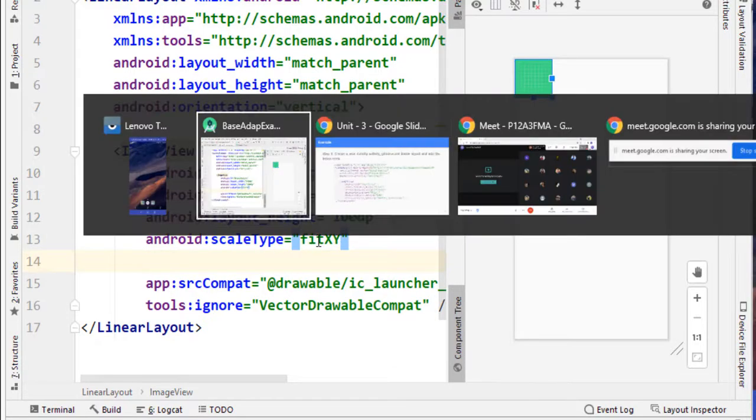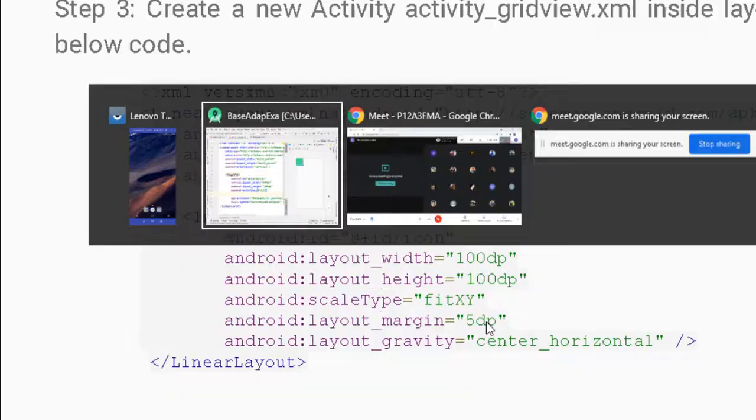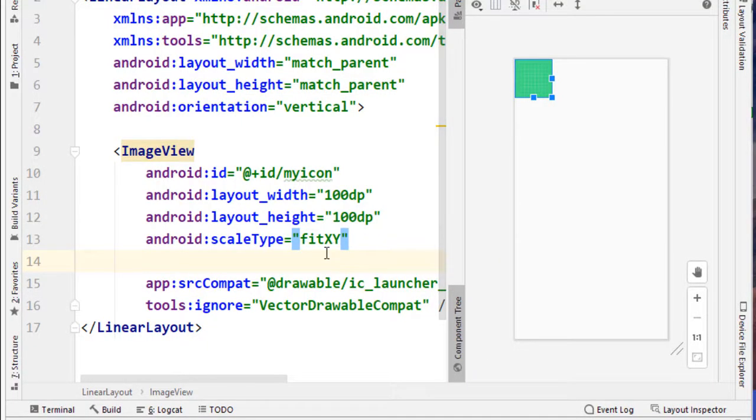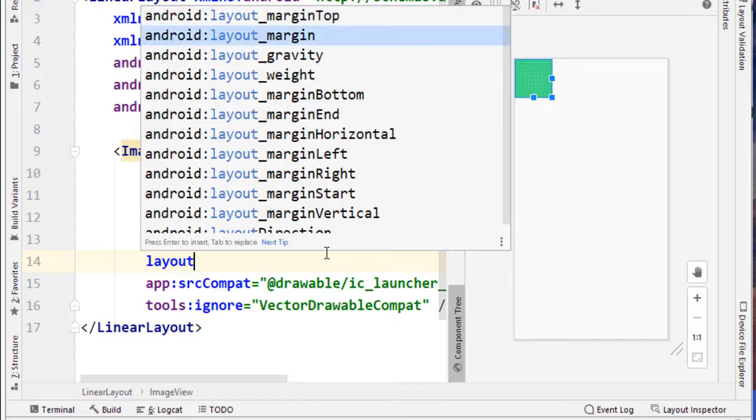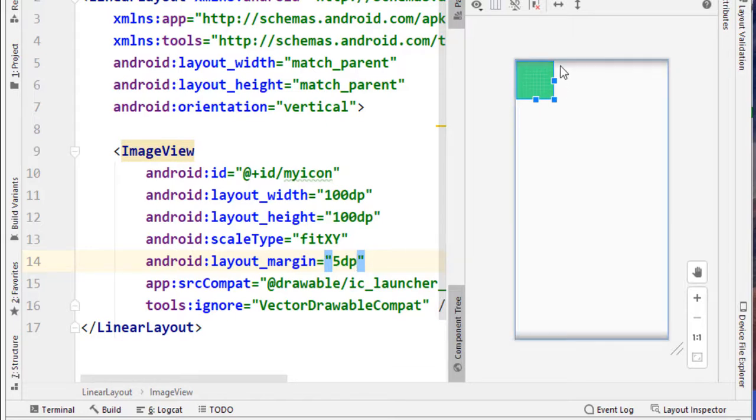Now next part, please understand the next part. We have a layout margin. Now what is margin? Let me show you. Now I am going to add the layout margin property, and I am going to define it with 5 dp. Please see here, when I type any value, it is going to take a space out of the border or near to the border. When I just type 5 dp, it is going to take extra space near to the border. See here, near to the border. So it is taking a space in between.